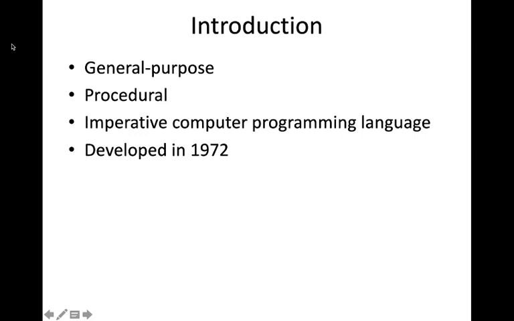Then later, version 4 of Unix was released in 1973, and it was implemented in the C programming language. Earlier Unix versions were developed using assembly code. Now, when C came, they developed the Unix version 4 operating system in C. And later, most of the Unix systems were developed in the C programming language. And in 1978, Dennis Ritchie and Brian